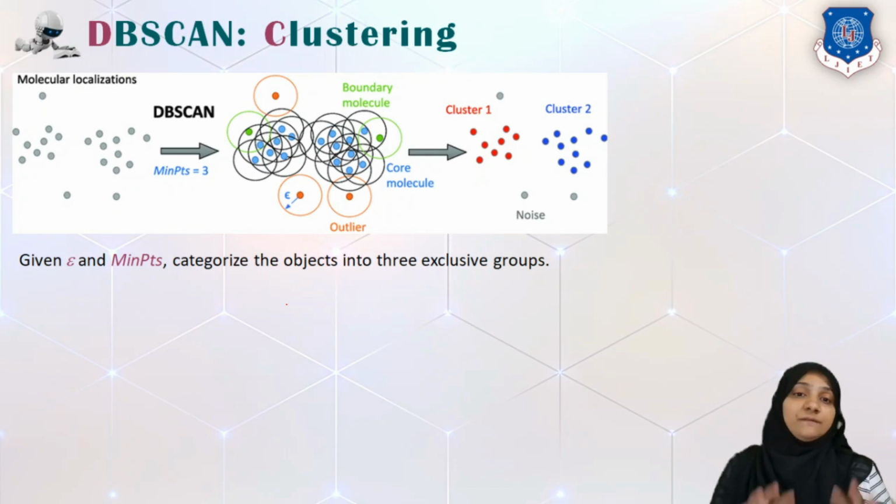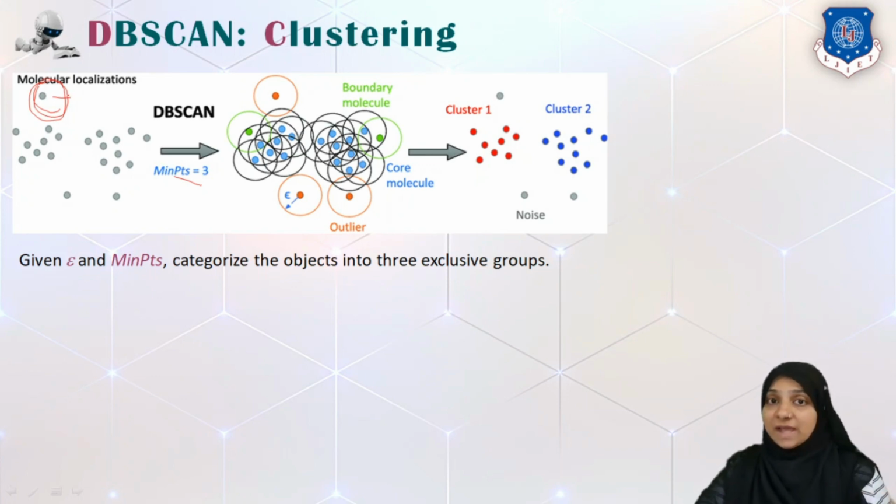So here the process of DBSCAN starts with local cluster localization. We will find out the local clusters which belong to each other. So DBSCAN with minimum 3 points is given. If I take epsilon as 1, that means only one unit around the point has to be found, and the minimum points criteria is 3. Then using this particular center, I will have no neighbors. So it is a low density region and it is not a part of any high density region, so it is of course an outlier. Likewise, this is also an outlier and this is also an outlier.